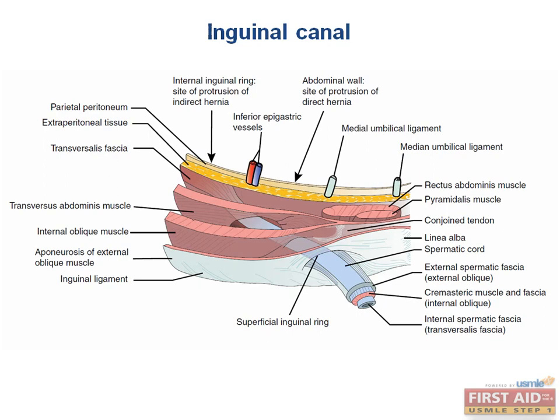Well, the layers are the skin and the fascia, which are not shown, and then the external oblique muscle, which you can see here, the internal oblique muscle, the transversus abdominis muscle, transversalis fascia, and then the peritoneum. Remember that the peritoneum has two layers. The parietal peritoneum is attached to the abdominal wall, and then the internal visceral peritoneum is attached to the organs,